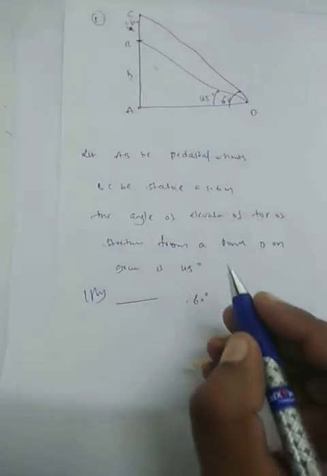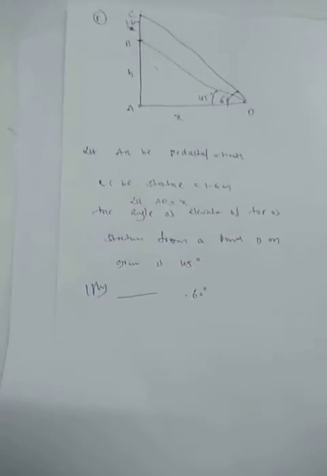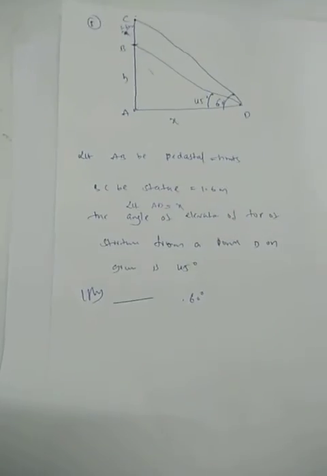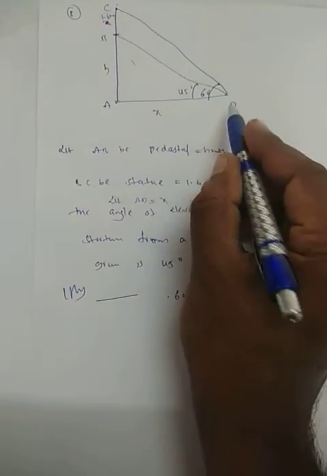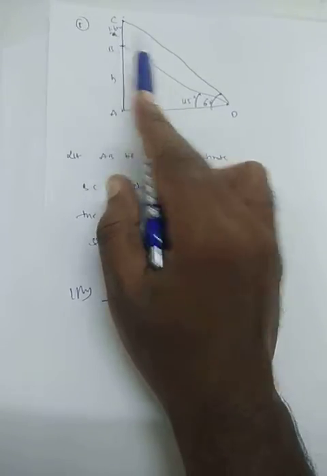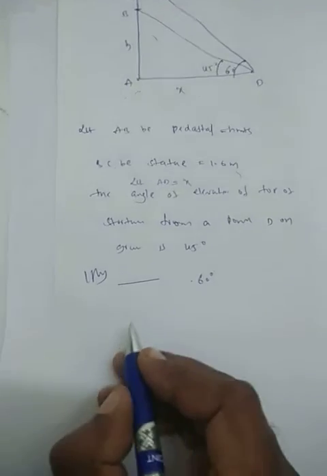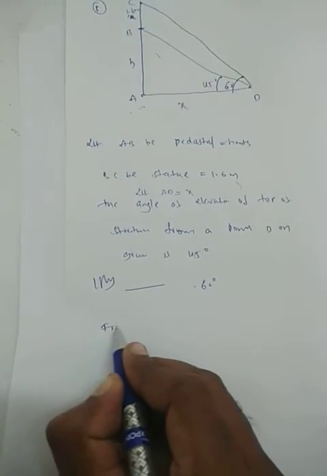Let AD be some x. So AD means the distance from the point where the observer is observing the top of the pedestal and the top of the statue, to the foot of the pedestal. Now from triangle